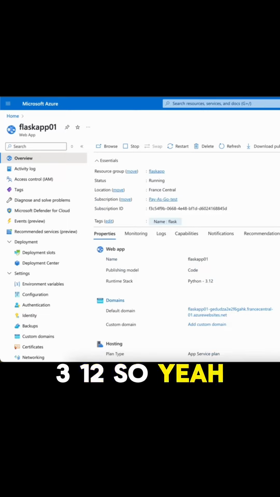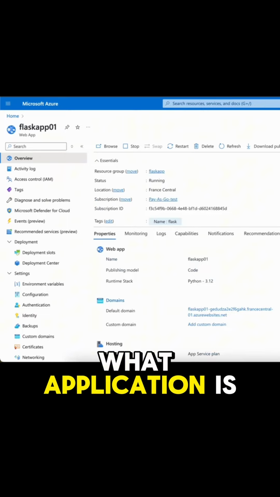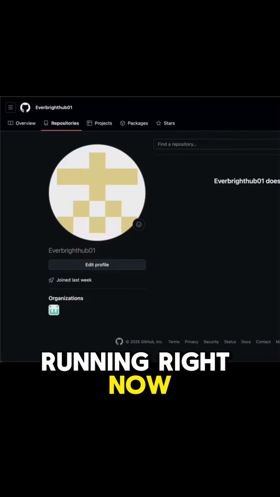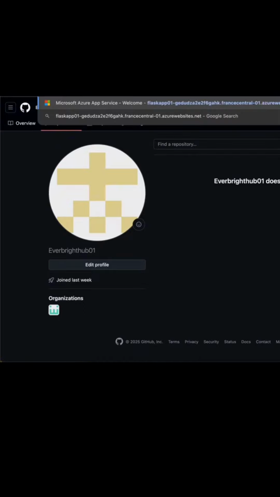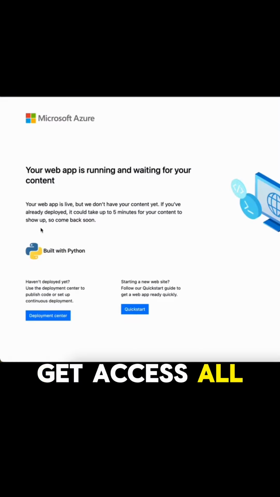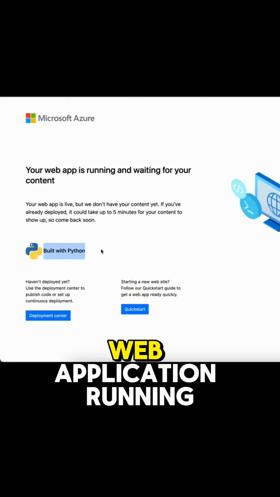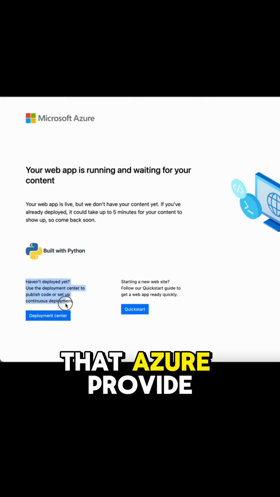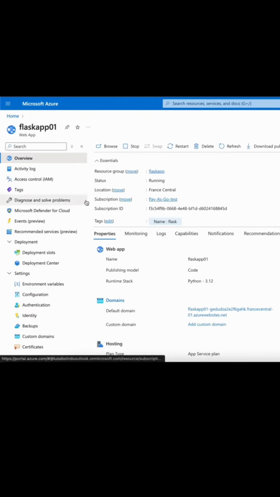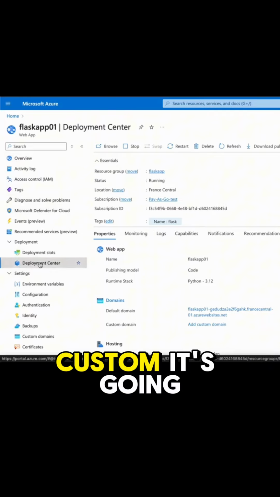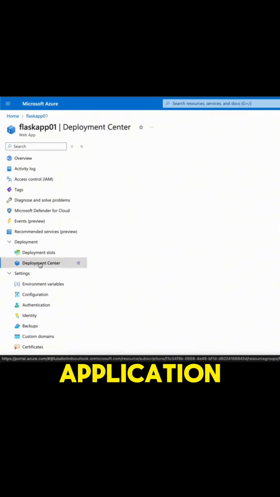So yeah, let's go and see what our application is running right now. Let's paste it here, and we should get access. So currently we have this web application running, which is a default web application that Azure provides, since we have selected Python as our build runtime. So we have this basic one, but to deploy our own custom application, which is going to be a really basic one,